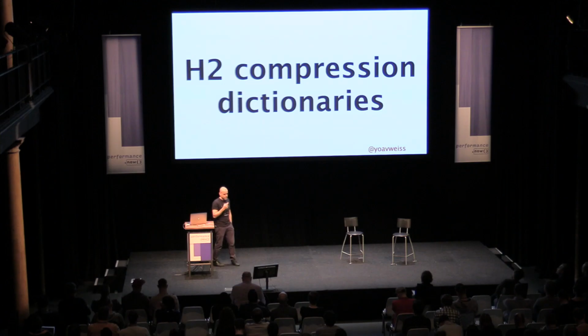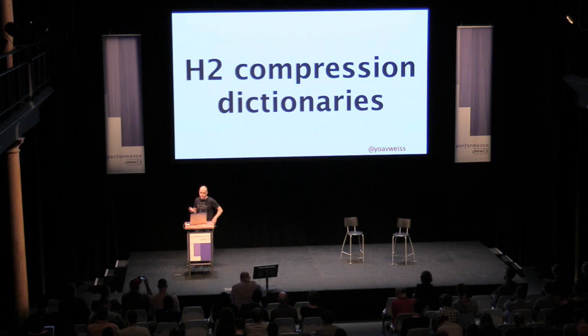So the third problem is cross-resource compression, and one of the ways we wanted to tackle that was H2 compression dictionaries, which is a way to basically create compression dictionaries from one resource in order to apply them to another resource. We have an IETF draft on that front, but it's hitting a lot of security resistance, or at